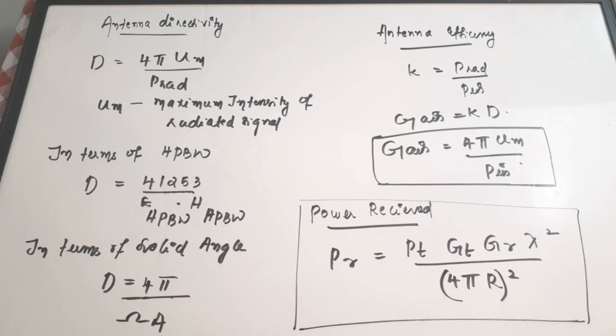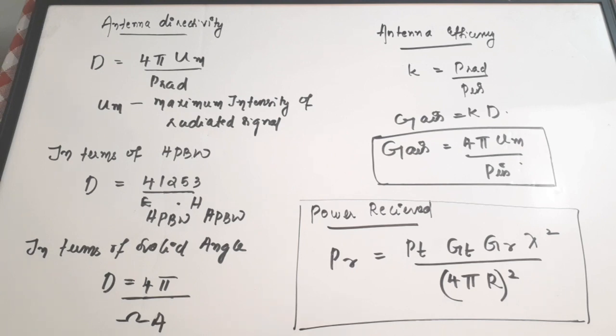This video itself is very important. Okay. So first let us discuss what antenna directivity actually is. Antenna directivity is the measure, the extent or degree to which the radiation emitted is concentrated in a single direction. That is the ability of an antenna to concentrate its radiation towards a single direction.